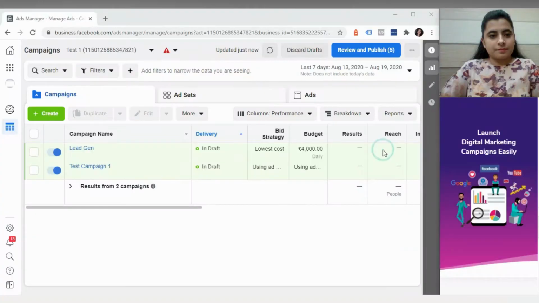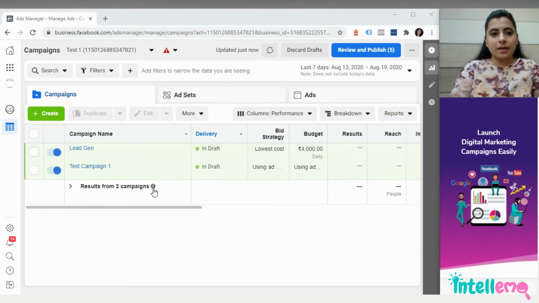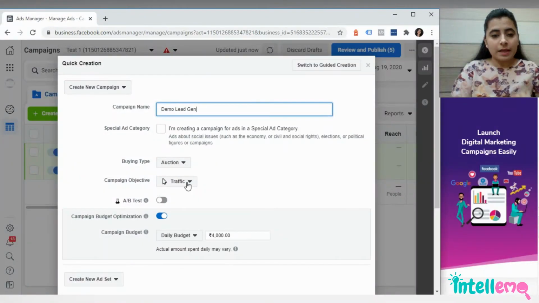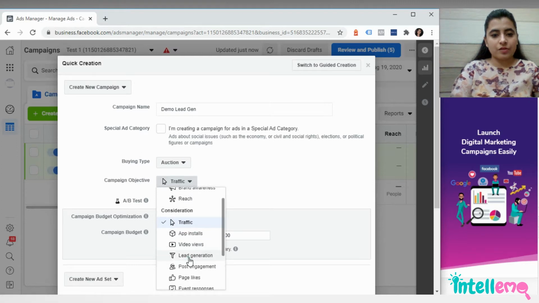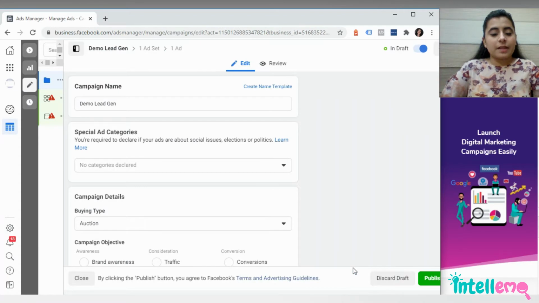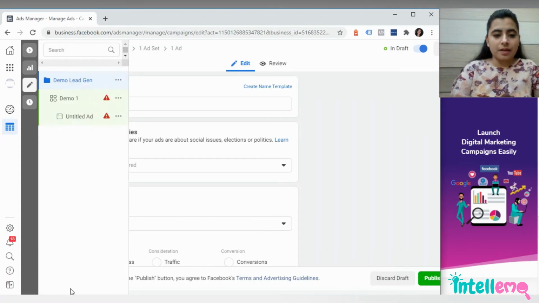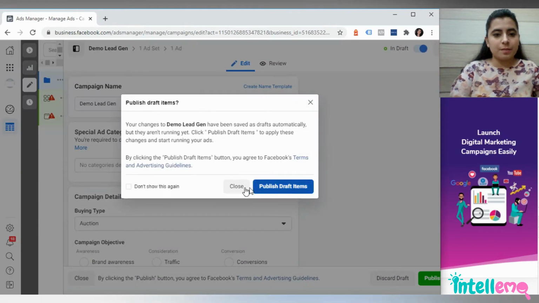Let's see how. So for creating lead gen ads, it's important that you have created a campaign which has lead generation as its objective. If not, then you can create it by clicking on plus create right under campaigns. In the campaign objective, I'll have to select objective as lead generation. Then you can specify your audience as you like. Since that is not our area of focus currently, we'll skip to add.